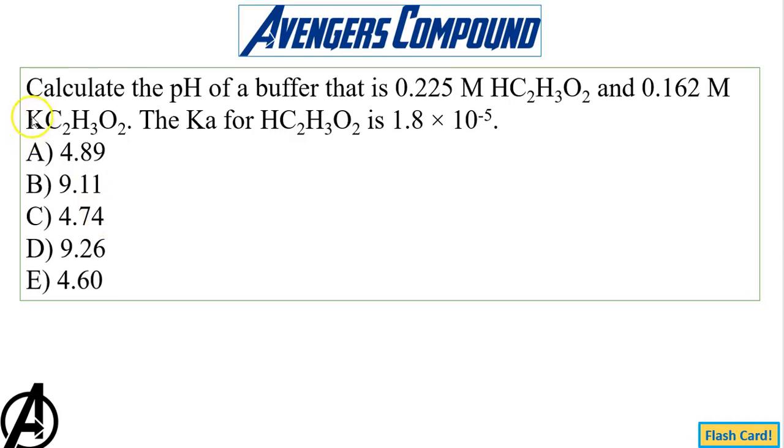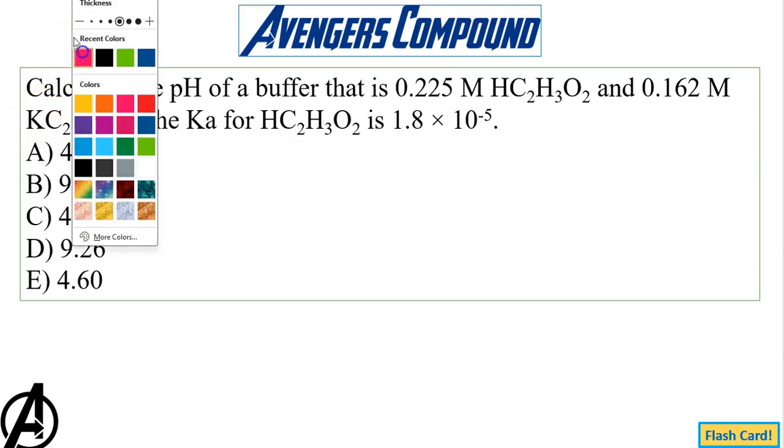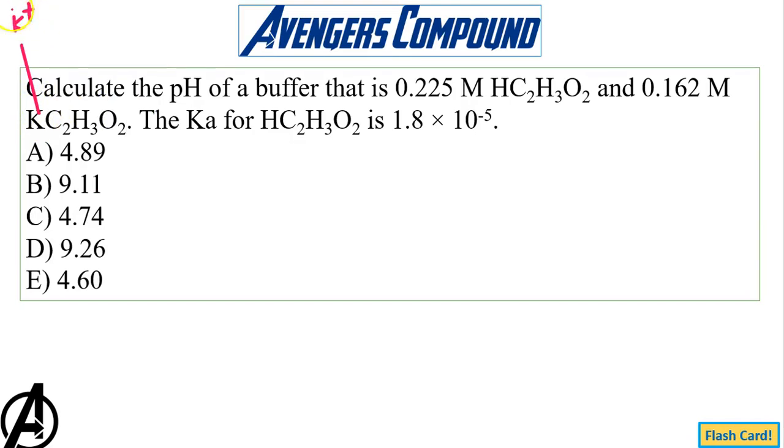So first up, we're back at the compound, and it says calculate the pH of a buffer that is 0.225 molar HC2H3O2, another way to write acetic acid, and 0.162 molar KC2H3O2, another way here to show that we're dealing with a salt that's going to dissociate. Of course, we're going to dissociate to our K plus, go ahead and write that out. K plus, and then our acetate ion,